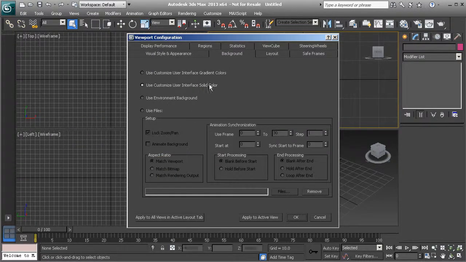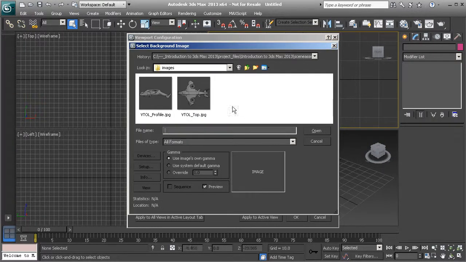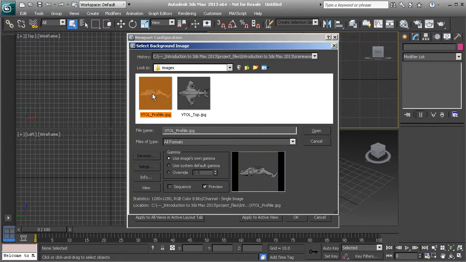Now by doing this, what we can do is we can tell it to actually add an image to our background. So what we're going to do is we're going to use a file, a bitmap to use, and then we're going to tell it what file to actually use. So click on Files, and this should bring up your Images folder of your project folder, and we're going to use this VTOL profile because this is the aircraft that we're going to be creating here, and we're going to